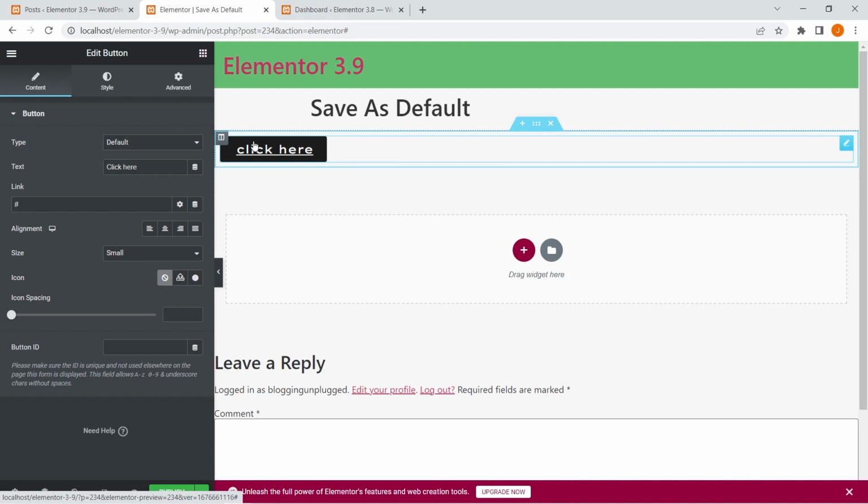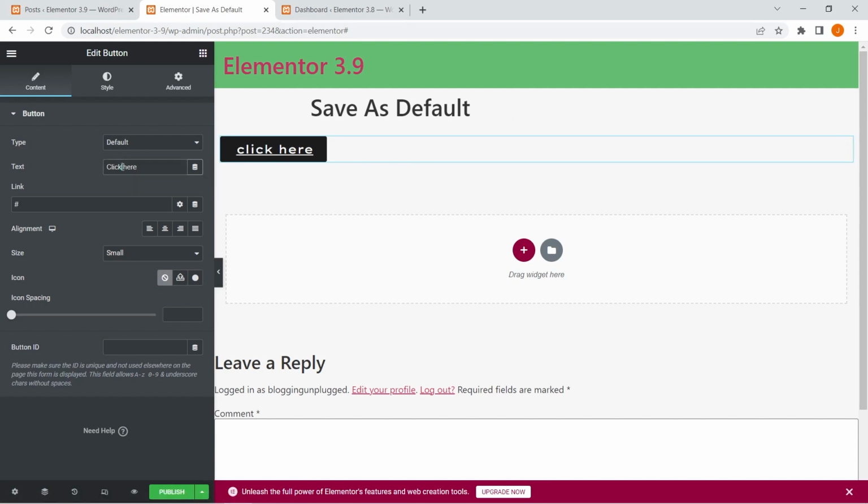Now for example, this is the default state of this button, but you do not want every button on your website to be black. It has to have a background color of red, and it has to have the text as buy now. Now this is for every button on your site that you want. So basically you want to alter its default state. You want, whenever I add this button, it should have the text as buy now and the background color as red. So to do that, what you can do is you can go here, type in buy now,